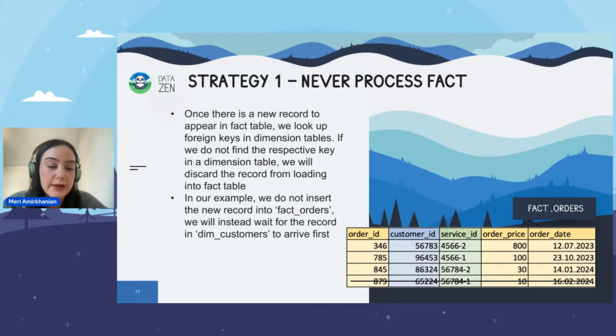But please note that the risk here is that if you do not do full load from source each time, then there may be a situation that you only will extract this fact record for 1 or 2 days, and once you no more extract this record, only then after 5 days that dimension record will appear, and you'll end up in a situation where there is dimension but no fact for it. So let's look at maybe more safe